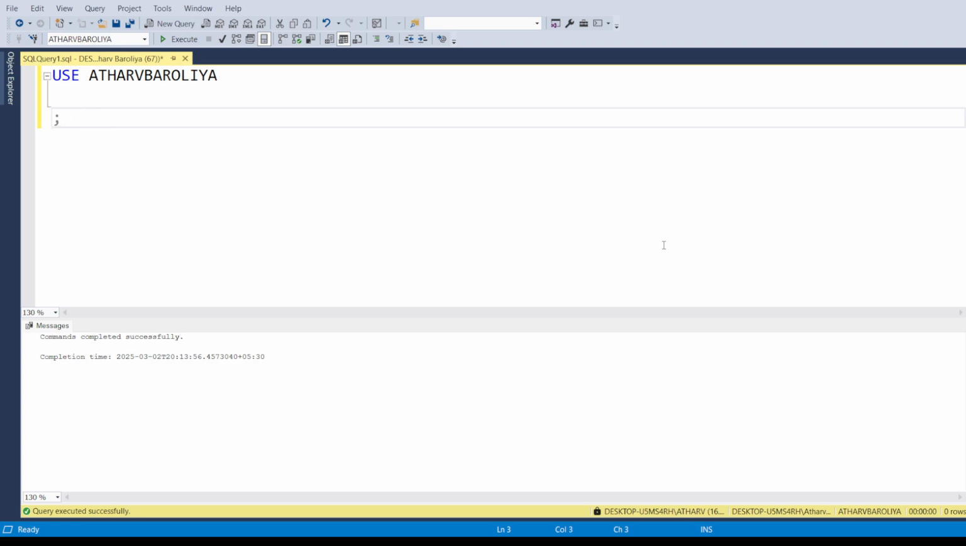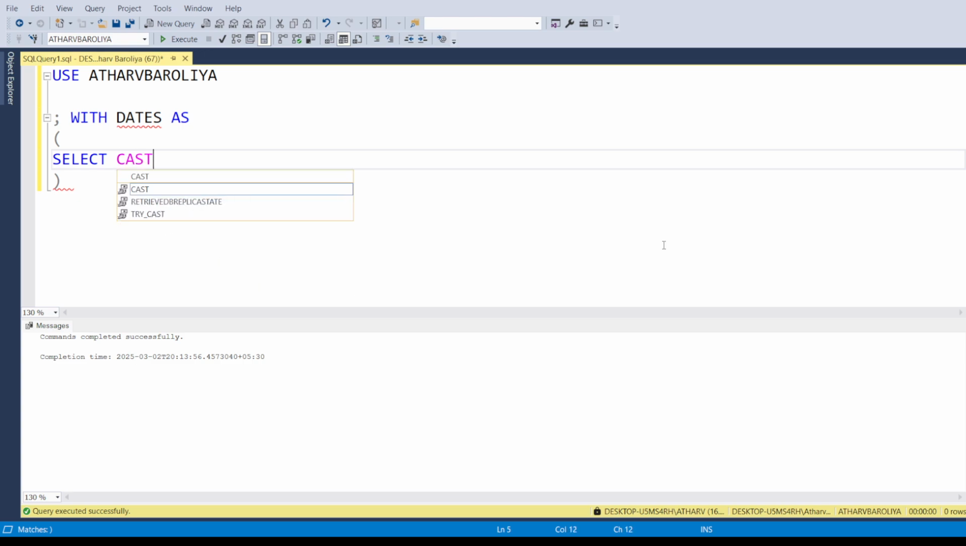So this is the basic syntax of CTE with dates as. I have to print the date from 1st Jan to today's date. So I just use one date here, cast 20250101 as date, simple, as date. Okay,